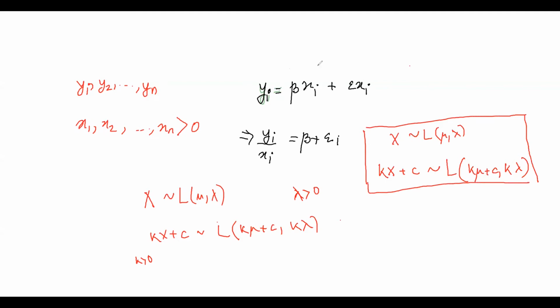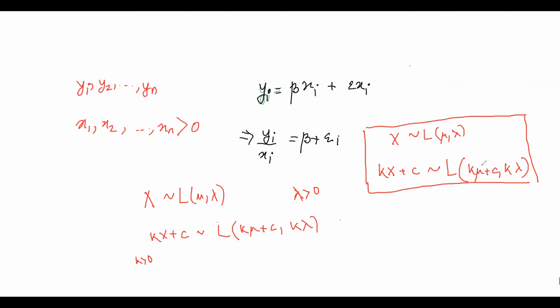Very good. So let's move ahead towards the problem. We have been given the Laplace distribution. You can verify this result in the normal way of solving it. It's really easy to understand if you understand mu and lambda, the corresponding mean and the standard deviation. So we are given yi is equal to beta xi plus epsilon i, with xi greater than 0. Let's try to find the least square estimates. The OLS estimate is independent of the distribution of epsilon i.